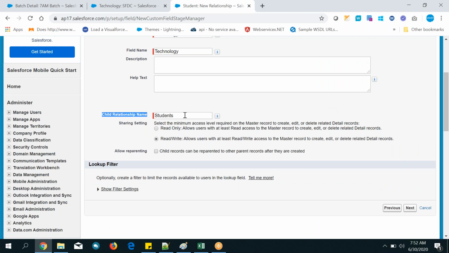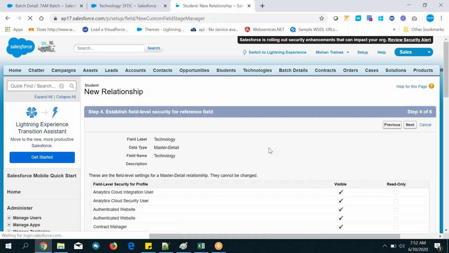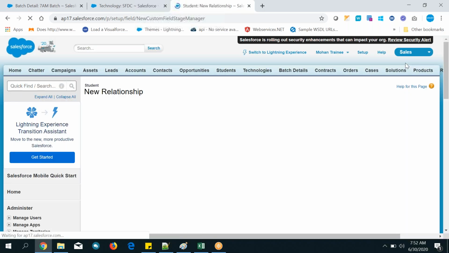This will be used for another purpose, guys. In coding this will be used. Here I cannot display it, no problem, but in coding we can use this relationship name. I will show you that later. Next button, one more thing, next.